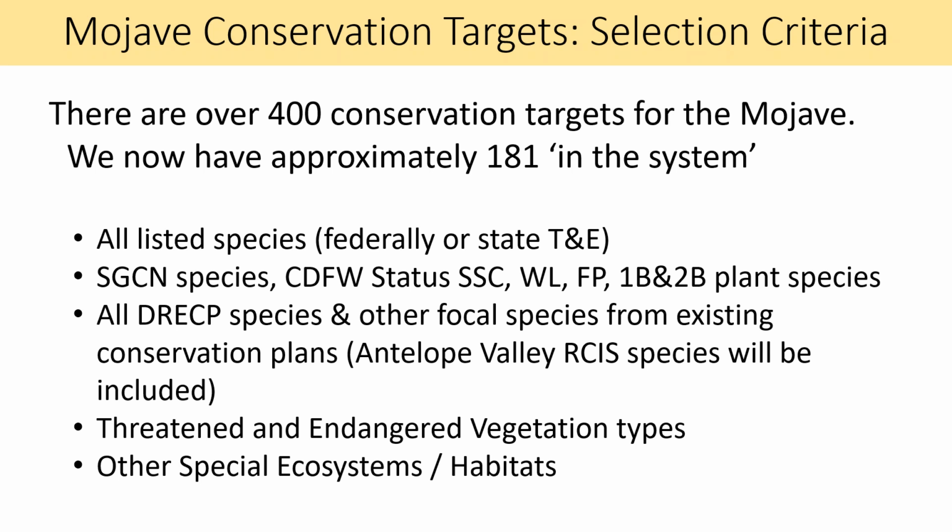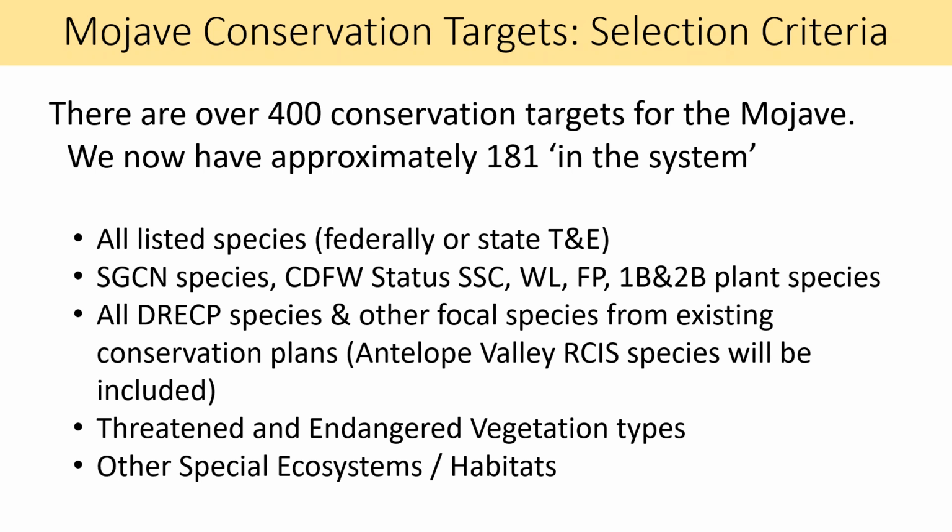One of the things that's really different in terms of what we're doing as compared to NCCPs, HCPs, and a lot of other projects in the past is we're actually including a broader suite of conservation targets. You know, more species, vegetation types, and special habitats. For the Mojave, which is one of our demonstration regions, we're basically looking at incorporating around 400 conservation targets into the analysis, and currently, in fact, this is an old number right now, there's around 181 that we're actually going to be dynamically demonstrating what we're doing with as we move forward.